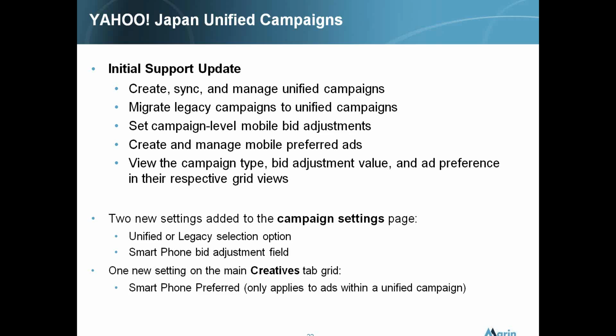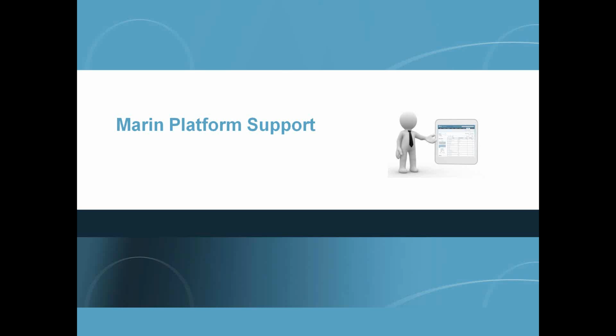So you will not be able to use full URLs within the Yahoo Japan parameters for flipping pages. So just keep that in mind if that is applicable to you. Great. So that is the section of the webinar that mostly covers the URLs and how we're supporting them, and the if mobile, if not mobile